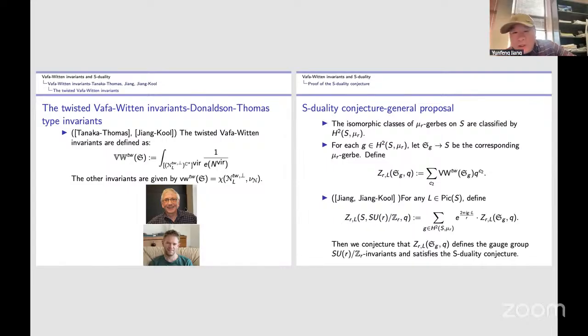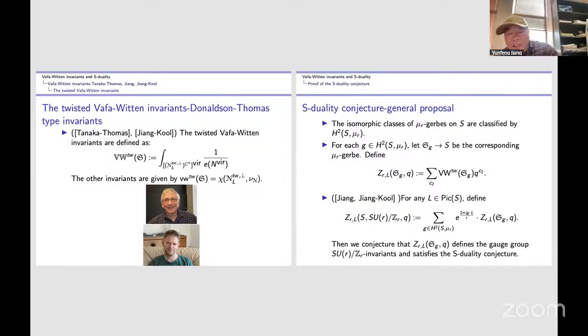Okay, I will tell you exactly where later on why this is true. So this is SUR modular means, roughly speaking, we need to sum over all the H2(S, μ_R), which classify all the μ_R gerbes over S. I guess this one has something in physics. I forgot the name of what they call it.